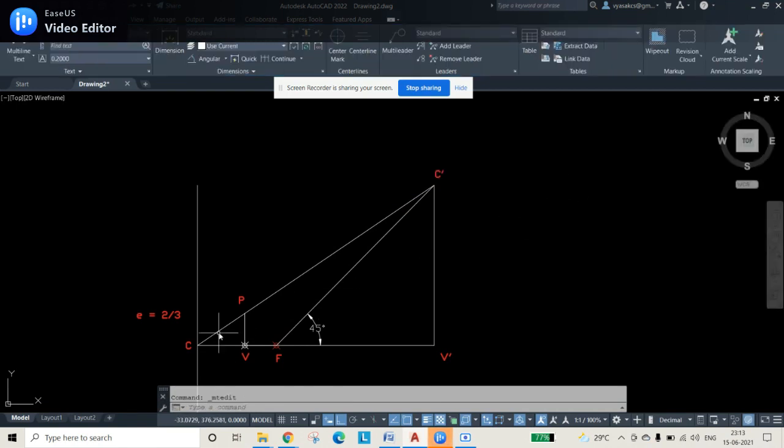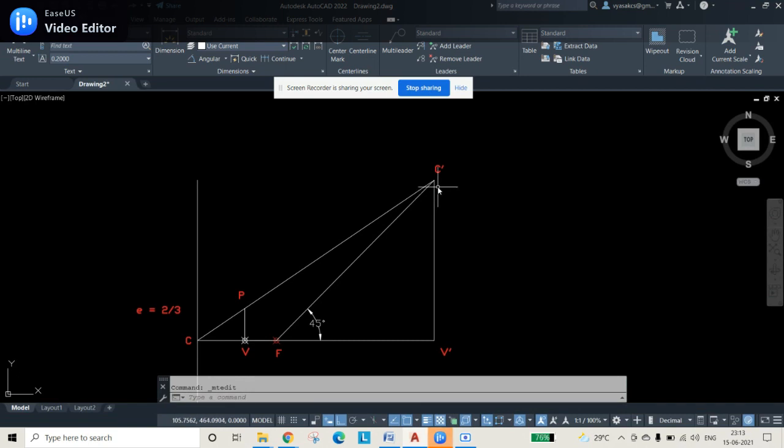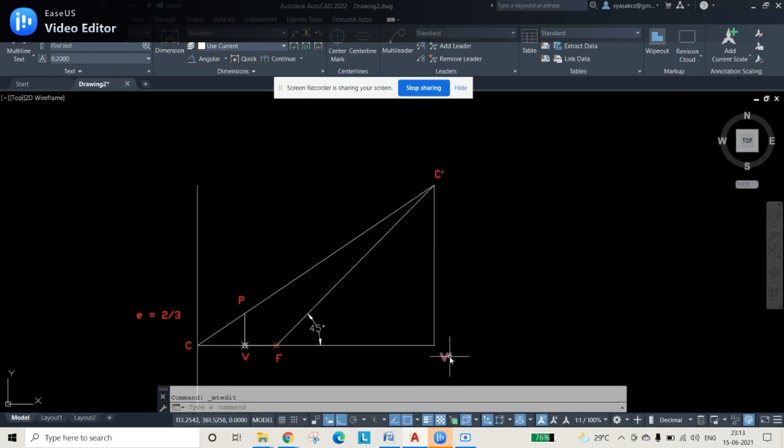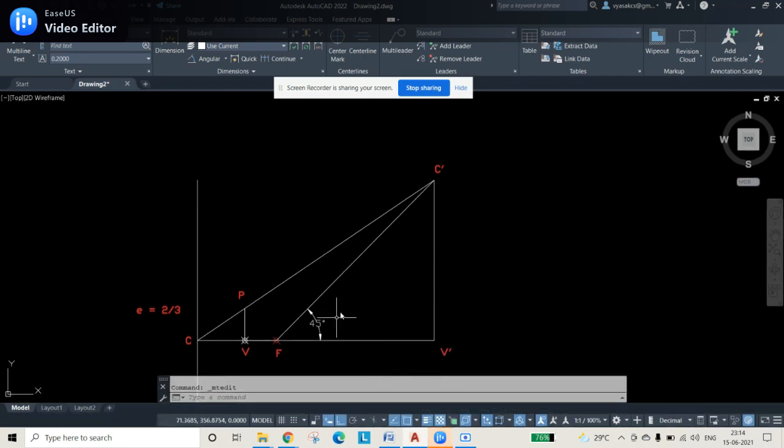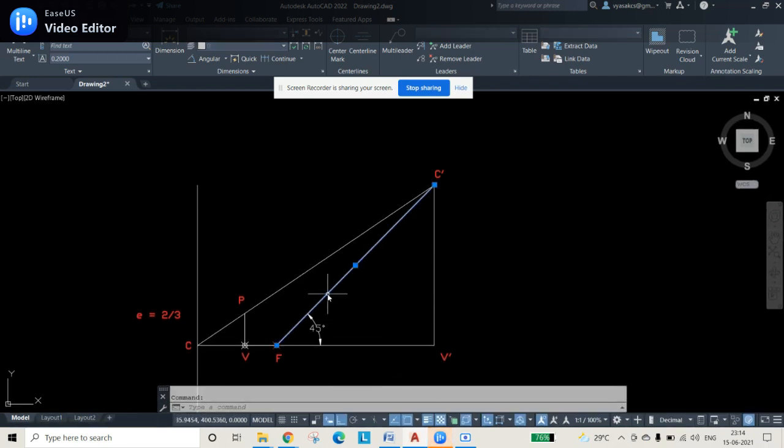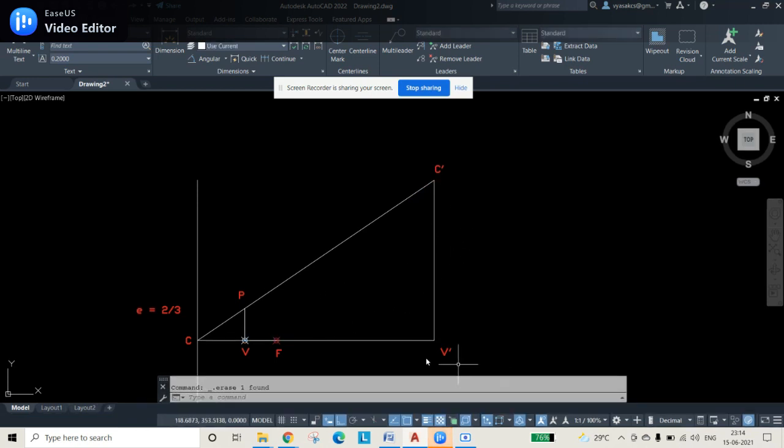So join CP and extend it until the F line with the 45 degrees line, which will be joining it at the C intersection point, C dash intersection point. So when you draw a horizontal vertical line from the C to the bottom, this becomes the other end point of the ellipse. Now whatever the unnecessary things are there, you can remove them. So this is not necessary, this is not necessary, I am removing them.